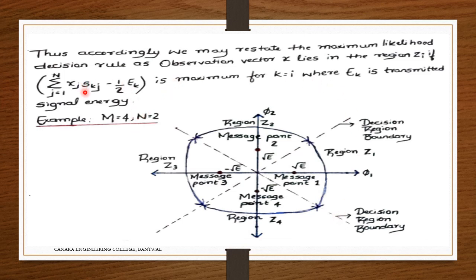Looking at this as a theoretical part, and if we compare this one, it would be the same. Try to look at it and analyze this one. So how are we using the maximum likelihood function to detect the signal, in order to go into the error there? If a signal lies somewhere here, we consider it as this message point. If it is in this region, we consider it as this message point. Similarly for this message point also, and here also in the region.